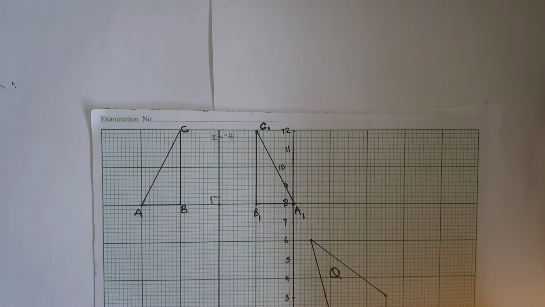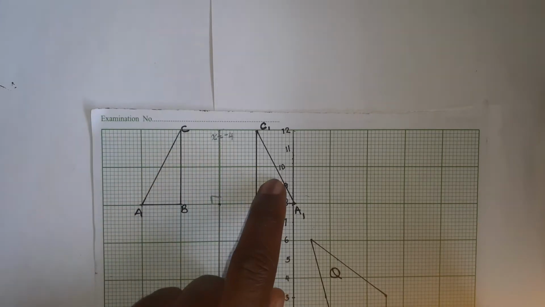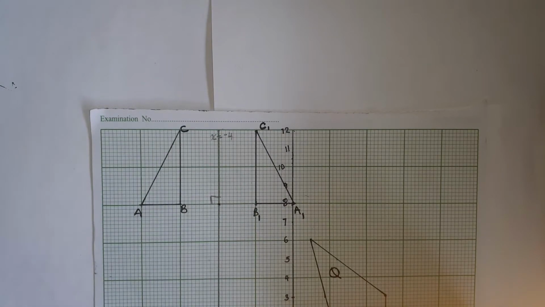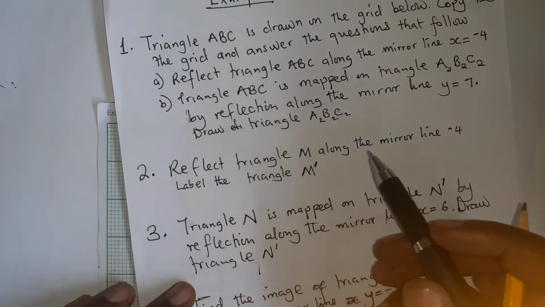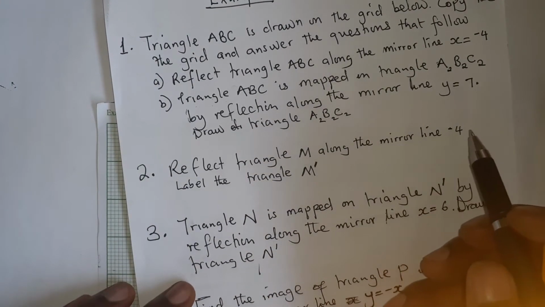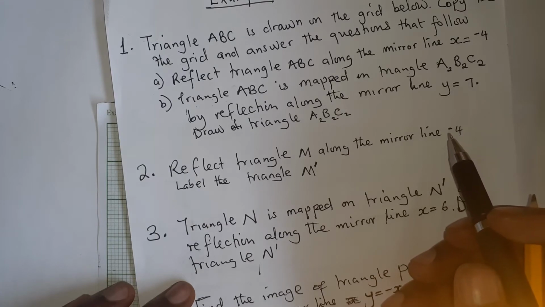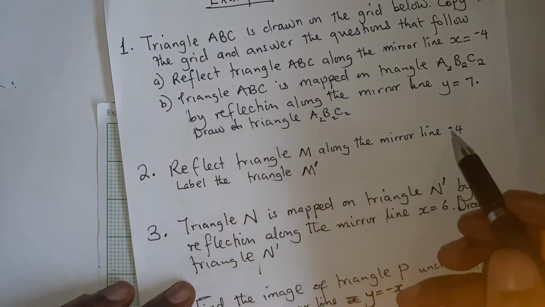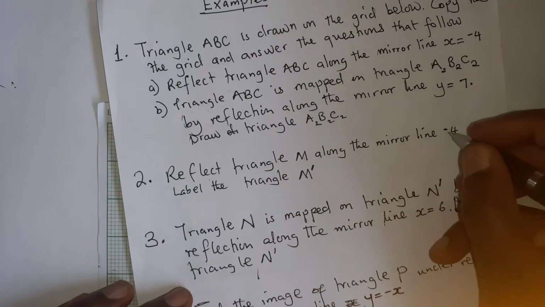All right? So in the second lesson, we are going to deal with where you have the object and the image. Then you need to find this mirror line. It's not given. Okay. So we can move on to the second question here. So triangle M is mapped along the mirror line, the same mirror line again, okay. Reflect this triangle M along the mirror line,